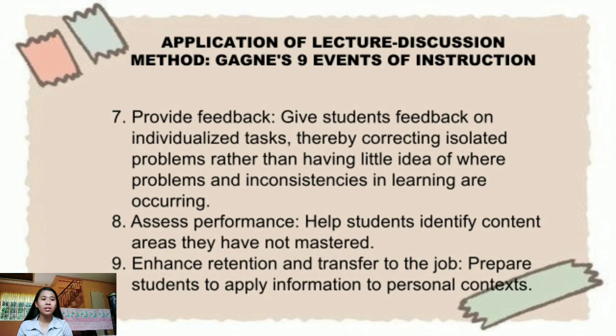The seventh event is provide feedback. Provide detailed feedback on assignments showing students what was done correctly, what must be improved, and include explanation. Utilize rubrics when possible. Give formative feedback on smaller assignments as well as summative feedback on larger assessments. Next is provide feedback to discussion boards in online courses. Next is utilize peer evaluation and self-evaluation or self-assessment methods.